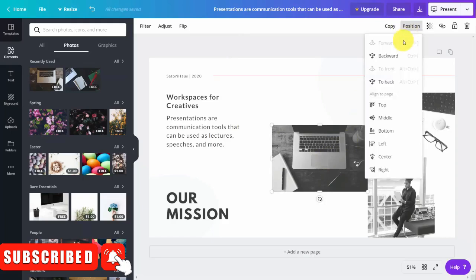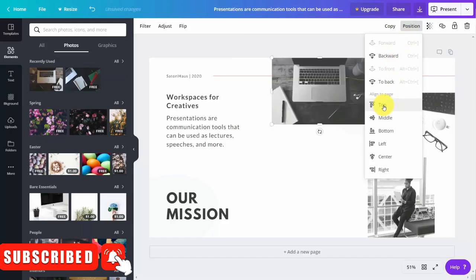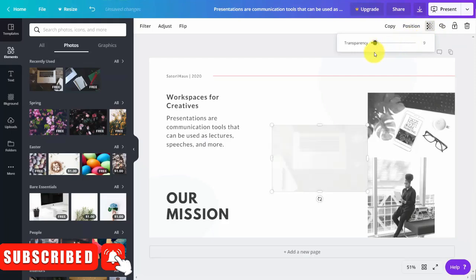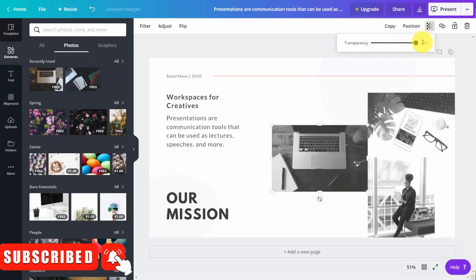We can position it forward or backward, or to the back, or at the top, and then we can undo that to put it back where it was. We can also adjust its transparency. And so for example, what we can do is make it more opaque. And we can also place a link inside of the element by clicking this element and placing the URL that we want to be there. And now we can move on to the text element.